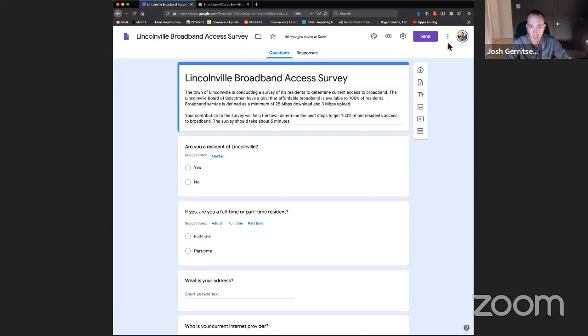endeavor. And so if we don't ask it on this survey, and we don't actually have any idea if the town would want to work with them, when we report back to the Board of Selectmen, and they say, okay, so should we work with LCI on a preliminary basis for a grant? We'll have to say we don't know.